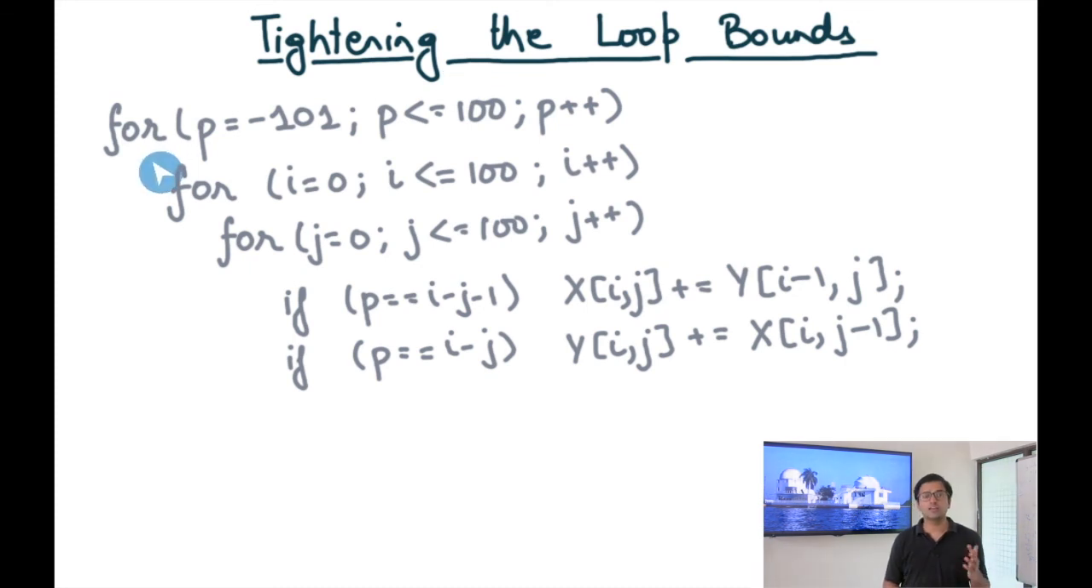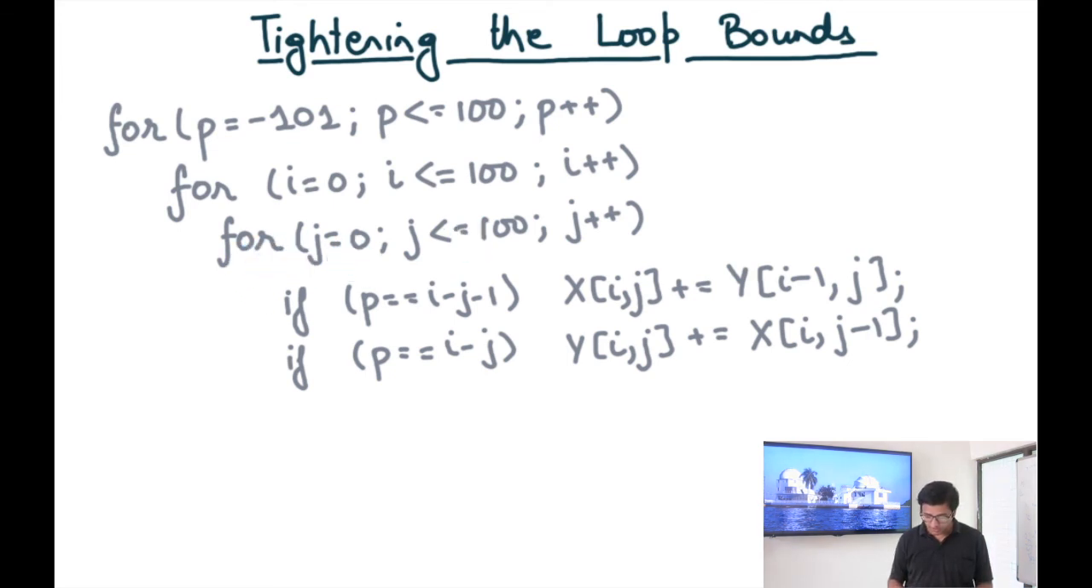So the solution for the running example that we had discussed in our previous module was that the outer loop iterates over the processor IDs. So for example, for P equals -101 to 100 plus 100, P plus plus, for I equals 0 to 100, for J equals 0 to 100. If P equals I minus J minus 1, then do something. If P equals I minus J, then do something else. So S1 and S2. And the problem is that I am iterating in the inner loop over J